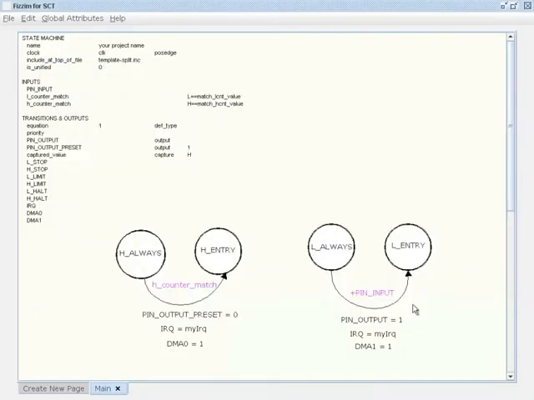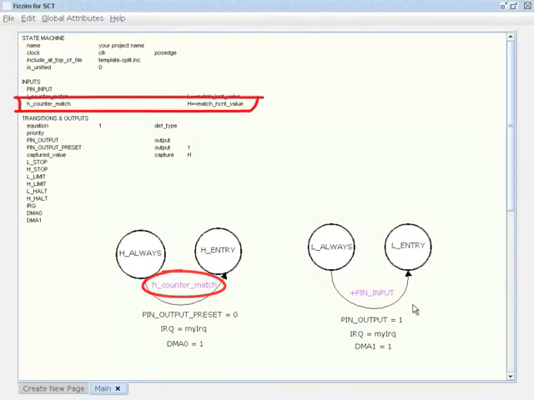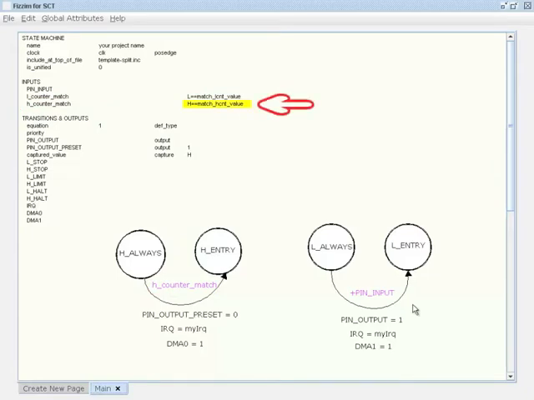As you can see, we have defined two example transitions. The left one is simply based on a counter match value, which we called H counter match. This transition has been defined in the global table we just saw, and we can see it recalled over here. This means that when the timer matches the value match H count value, which is a numeric value, this transition will happen. The actions this transition will take will be to clear the physical output, which we called pin